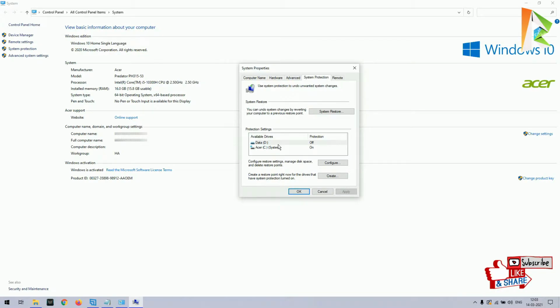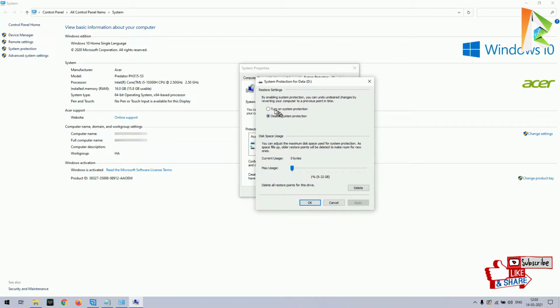You can configure it for D drive also. Just select the drive, like D drive, and then click on Configure. You can select Turn on system protection, and you can also select the disk space usage, or don't make any change in it.